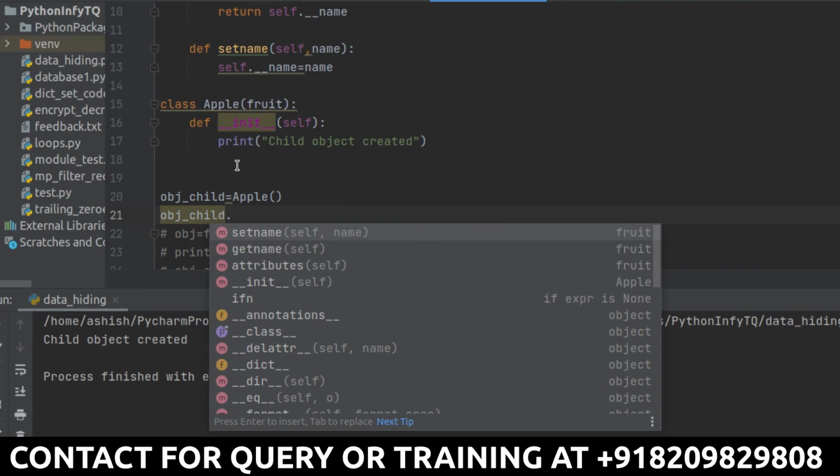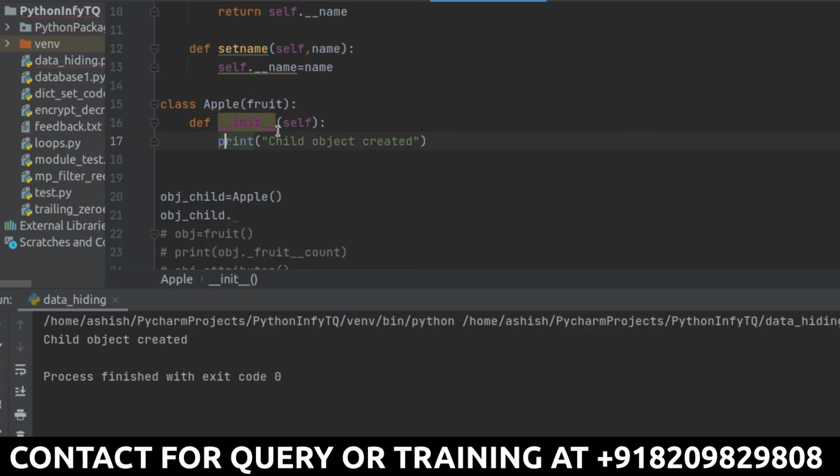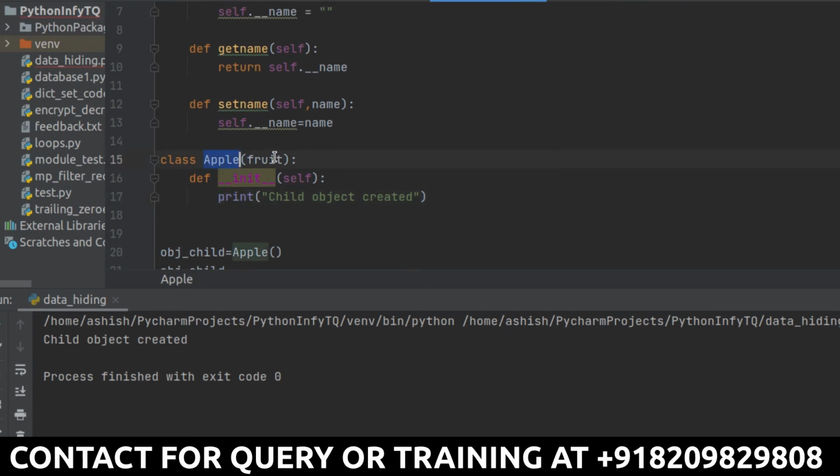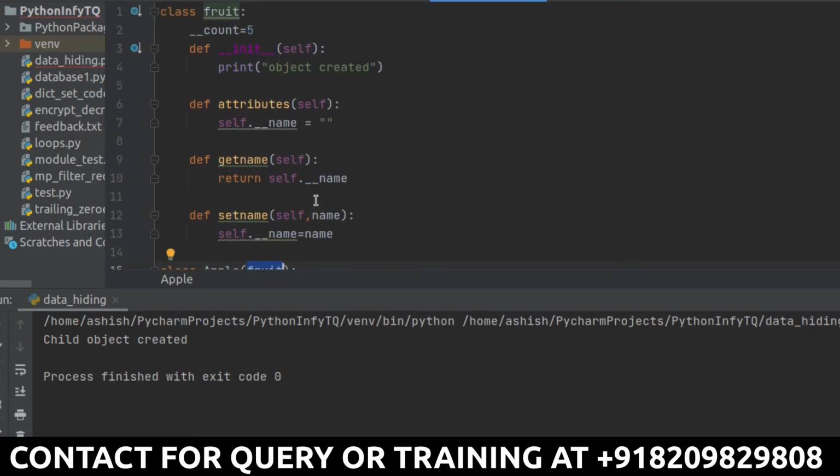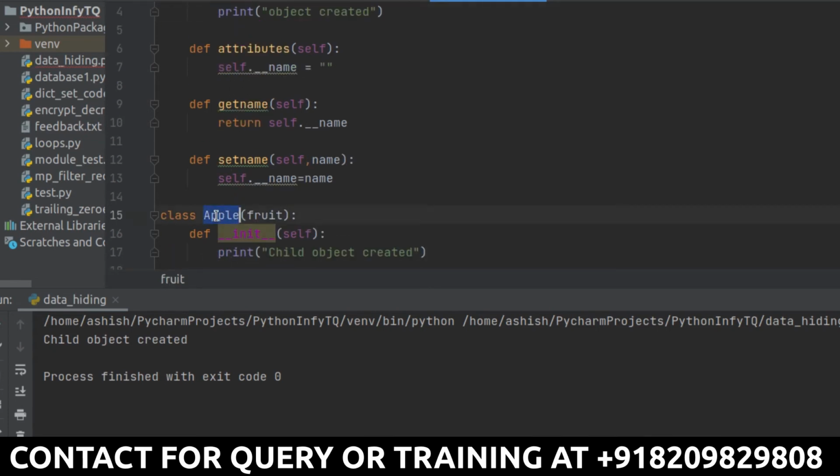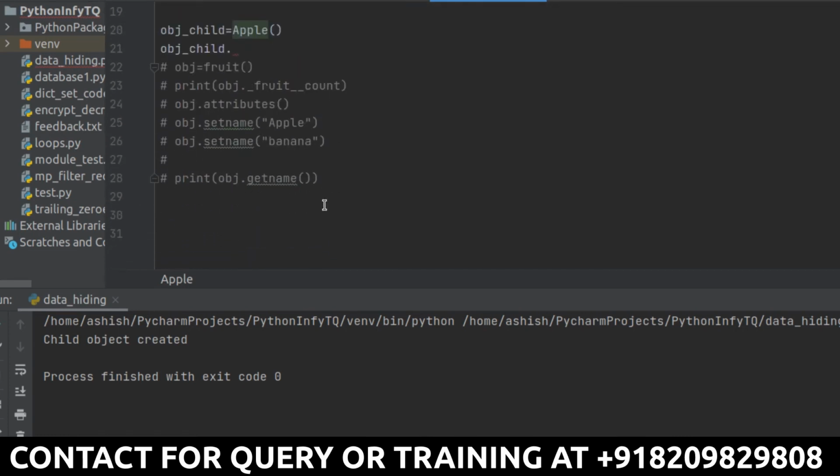Just because I have done the inheritance of the apple class from the fruit class, which is a parent class, I am now able to access the methods and attributes of the fruit class through the child class, which is the apple class. This is the advantage of using it.